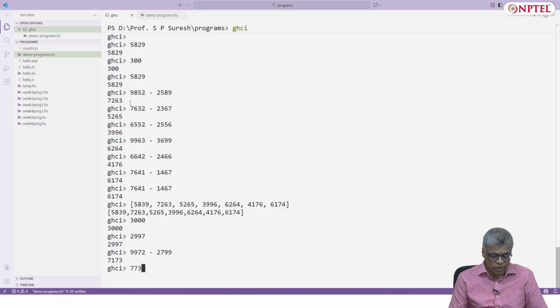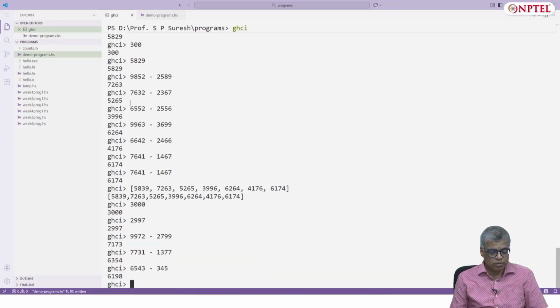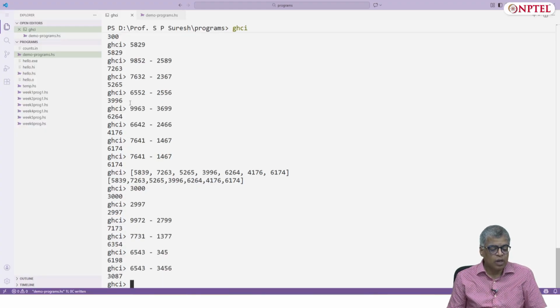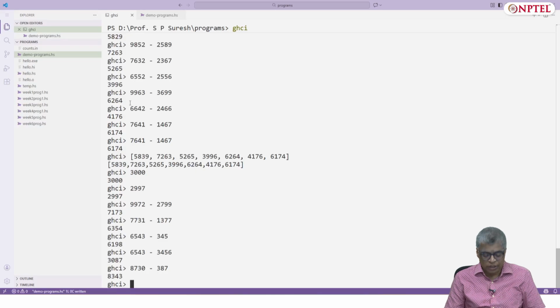Now this is 7731 minus 1377. This is 6354. Now 6354 in descending order is 6543 minus 3456, 3087. Once again, 8730 minus 0387, which is just 387, is 8343.